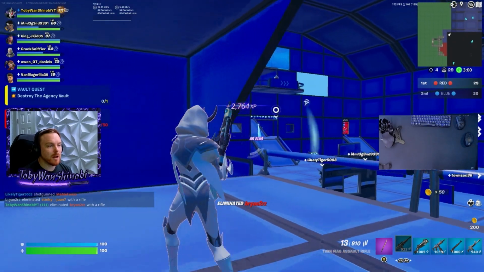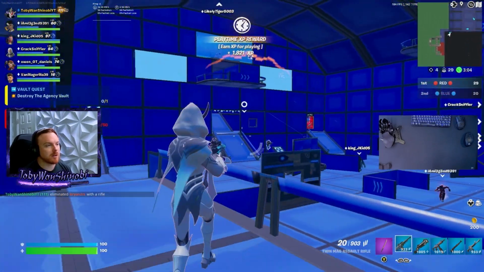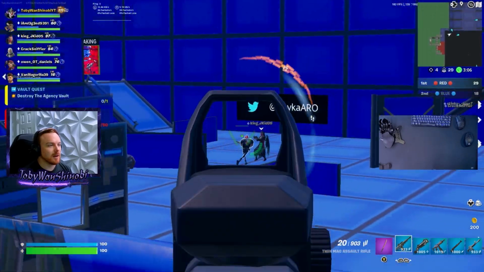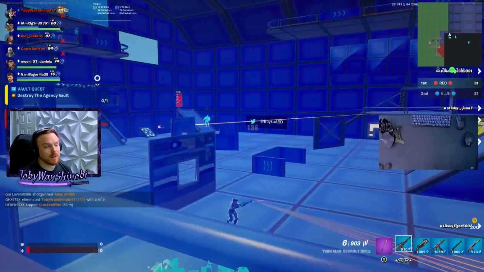Now this is a pretty good lobby for aim, because these guys are kind of running out in the open. They're just being generally good, easy targets. They're not pushing me or doing too much. Oh, this guy has a ton of health, so that guy has the 350 HP glitch, or 500 HP, whatever